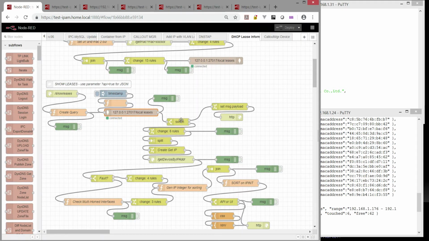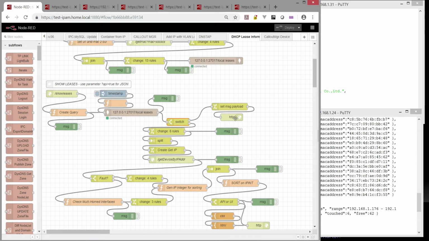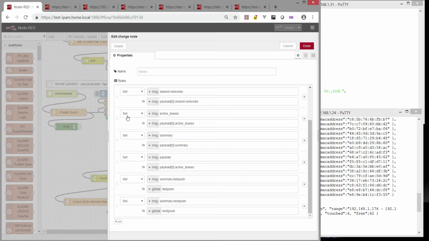And what I expect then is that I'm going to have at least some type of data, and that it's not an empty array. So in this payload, if it's empty, I want to go ahead and end this session and go ahead and tell it no response. If it's not empty, I want to change a couple of rules again. And these, I want to go ahead and copy some things around that are going to help me manage the